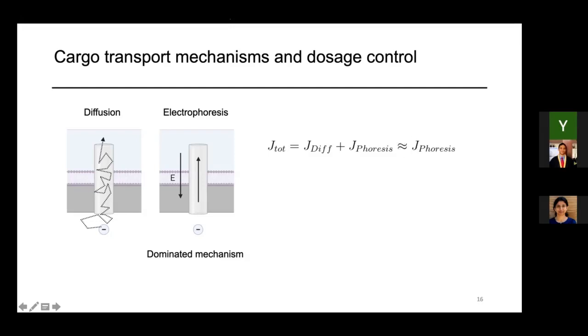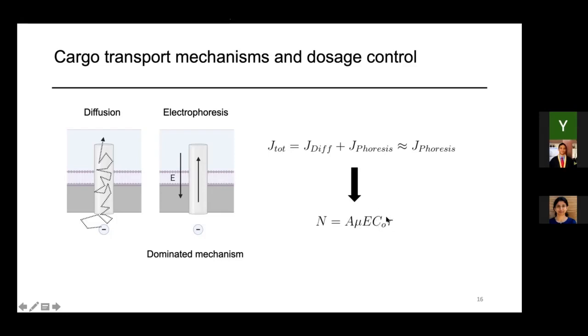So if we do some math, we get this equation. The total number of molecules to get into the cell equals the nanostraw opening times the electromobility of the mRNA or the cargo molecules, the electric field strength or intensity, and the cargo concentration